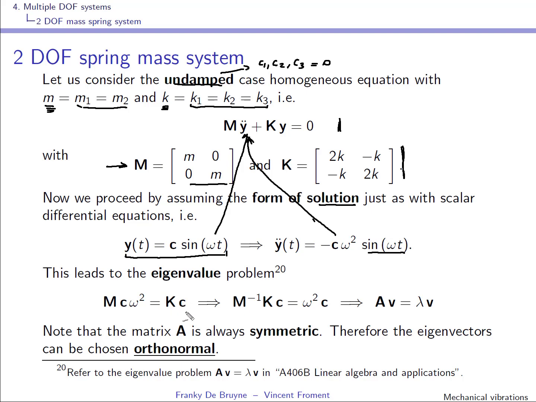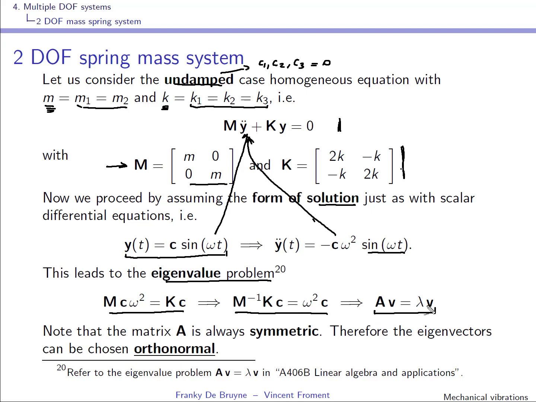You end up with this type of equation, and maybe it doesn't look like it, but this is an eigenvalue problem. So you can rewrite it like this,